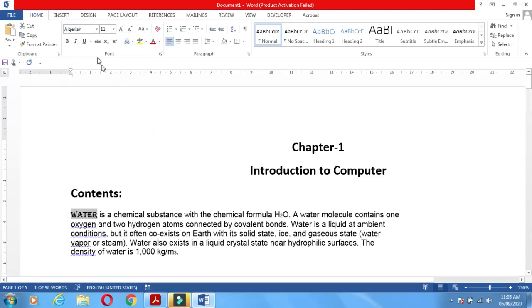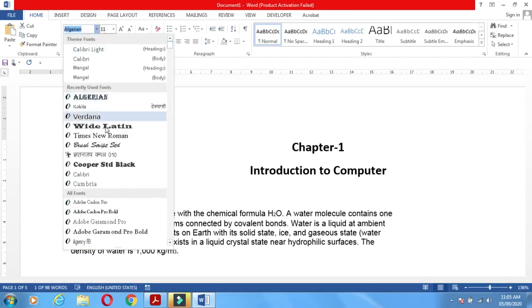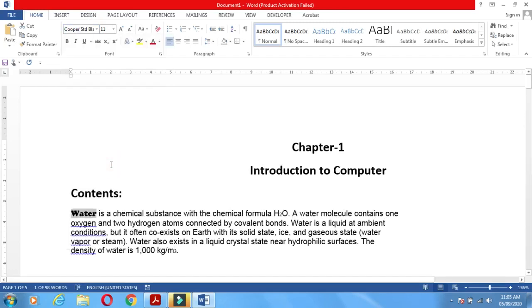We are choosing Algerian here. The text will appear in the Algerian font face. If we choose a different one, Copperplate Gothic, then Copperplate will appear in front of you. In this way, you can change the font face. Okay. Thank you, students.